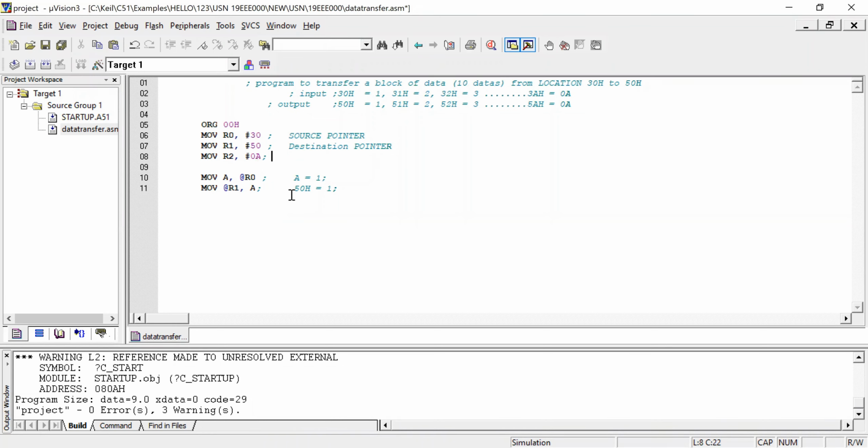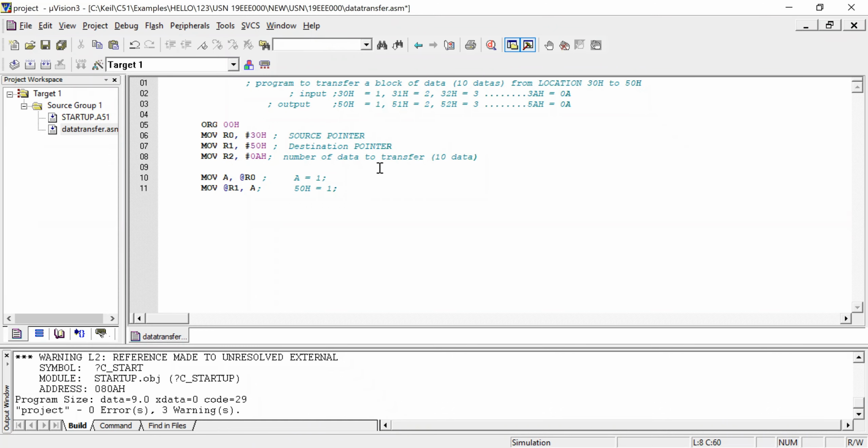For better understanding, keep everything in Excel. This is for counting, or you can say it is the number of data to transfer. I'm going to transfer 10 data.